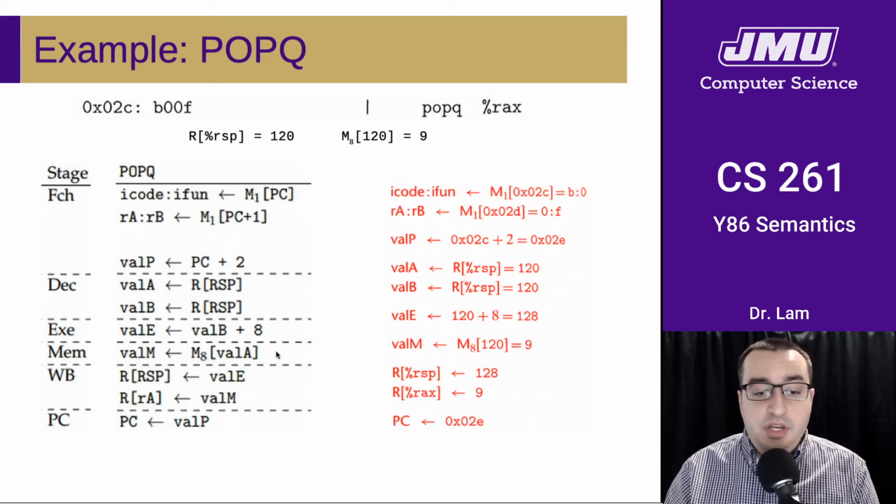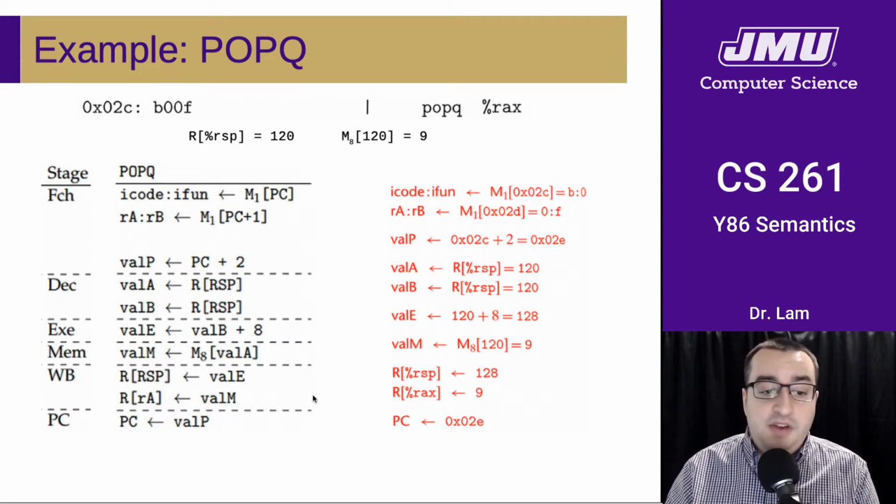All right, so next we need to actually read from memory. So we need to pop the value off of memory. And so here we're going to use that other copy of A. And so now maybe you see why we have 2 copies, so that we can potentially be doing some of this at the same time. But in any case, we're going to take the other copy of the stack pointer. We're going to read 8 bytes from memory at that location. And we're going to store that value as val m, so the value from memory.